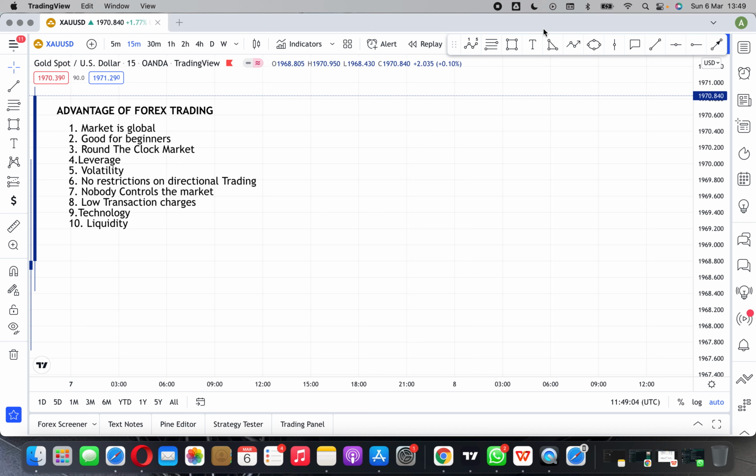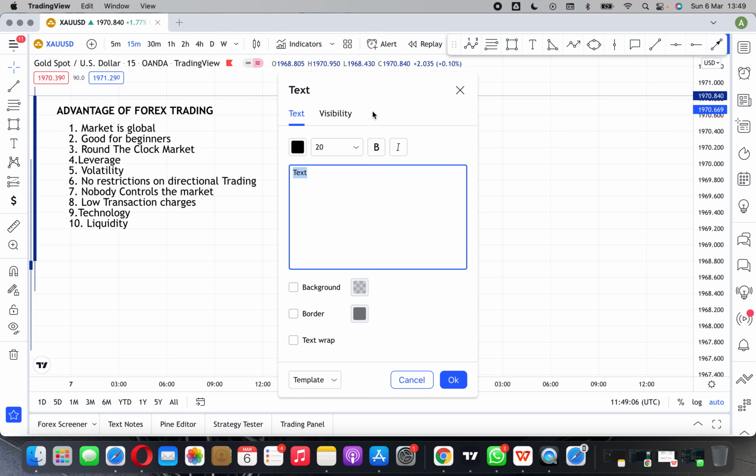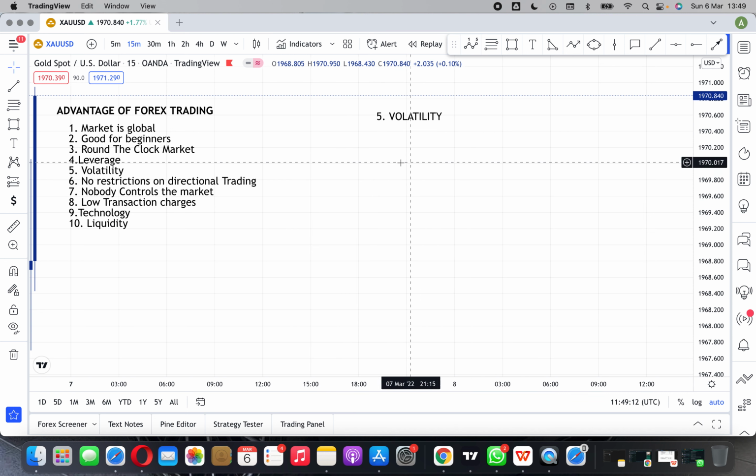Let's go to number 5. I hope you are understanding. Number 5 is volatility. Number 5 is volatility. It says